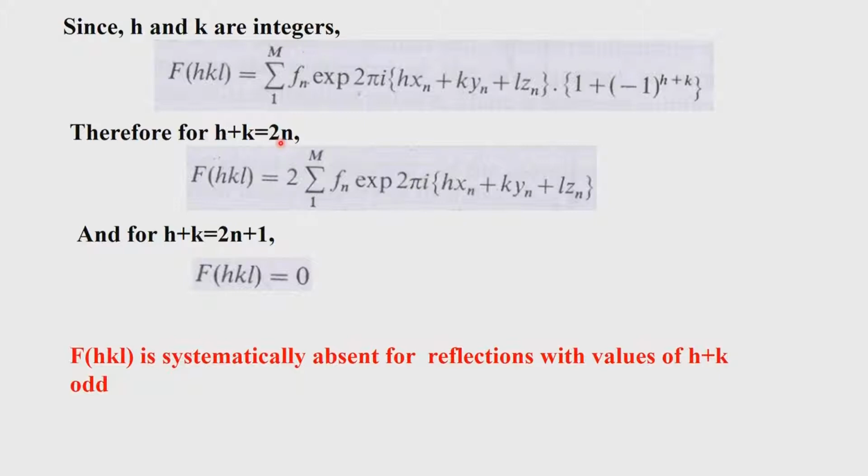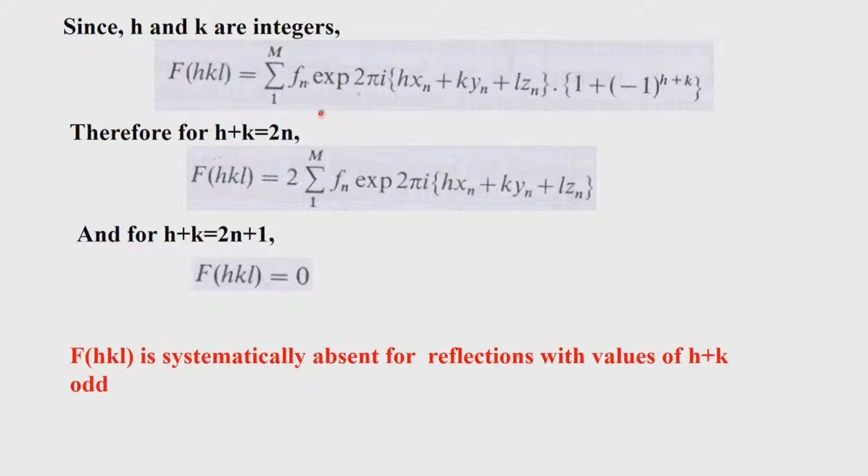So, when it is that value, minus 1 to the power of h plus k will just give an additional 1 to this quantity, and therefore you will have F of HKL equal to 2 times this value, that will be 1 plus 1. So, it will be 2 times the sum over 1 to m of f_n exponential 2 pi i (hx plus ky plus lz). You notice that this is now 2 times and we are summing it over only half the total number of atoms in the unit cell. So, the effort is reduced to 50 percent, and only for the even values of h plus k. L is immaterial in this calculation because it is a C centered lattice.